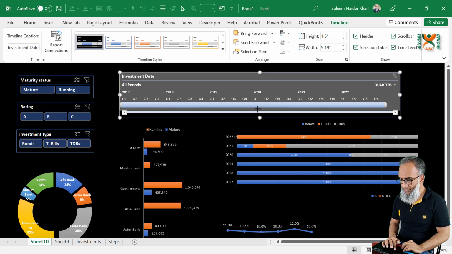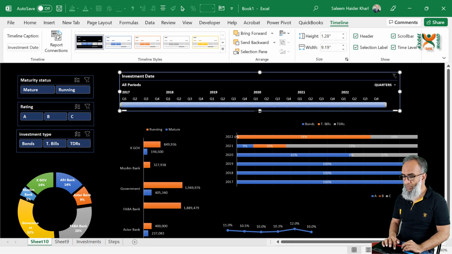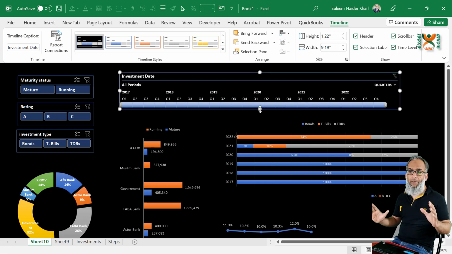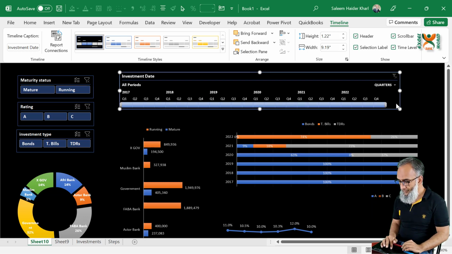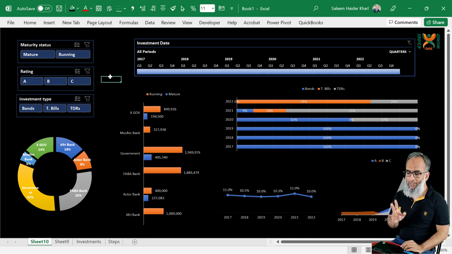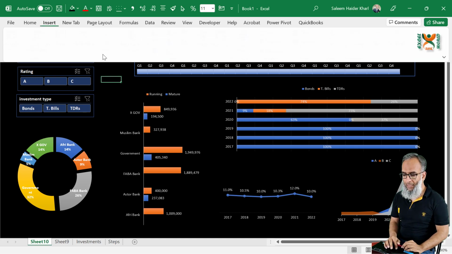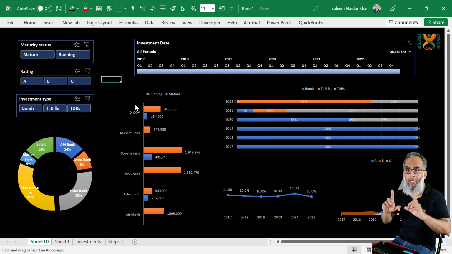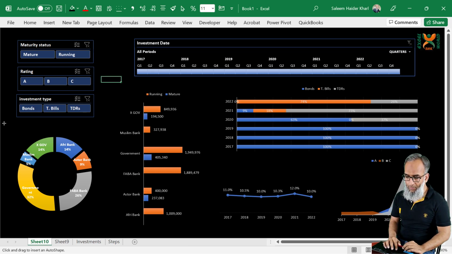We can hide the scroll bar because we do not need this, as a complete timeline is in front of us. So you can see that there is a slight difference from what we saw in the introduction. So we are going to remove that difference. Go to insert and insert a shape. So this is our shape for the rounded edges. Now insert it